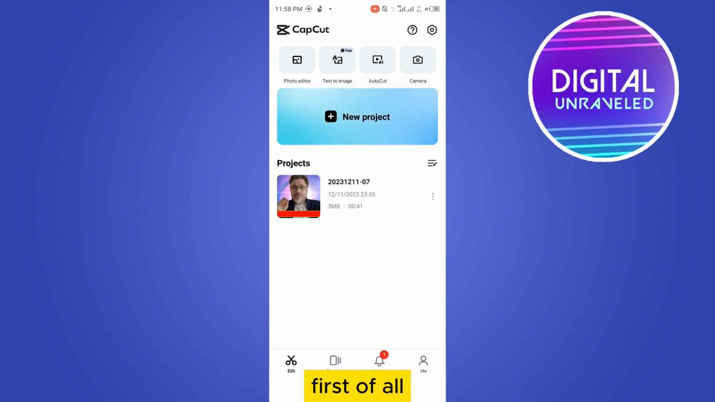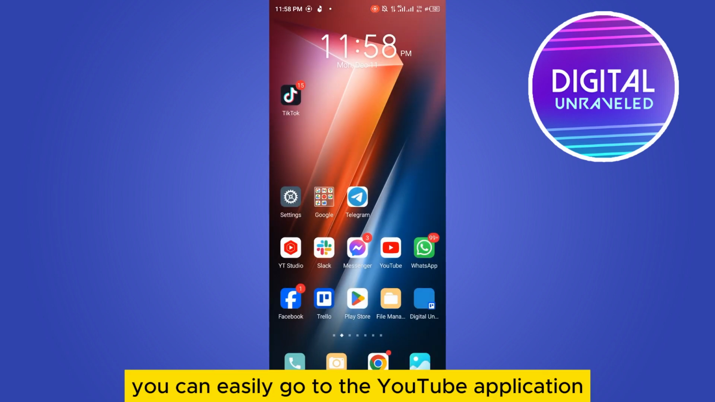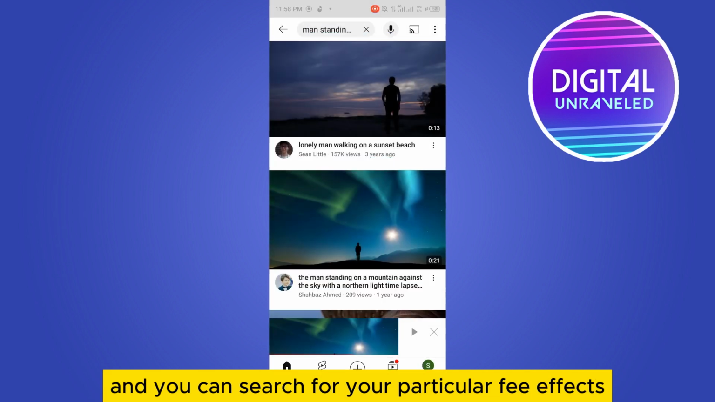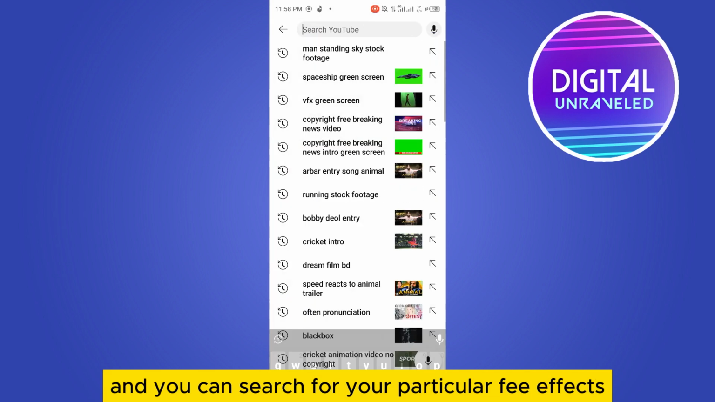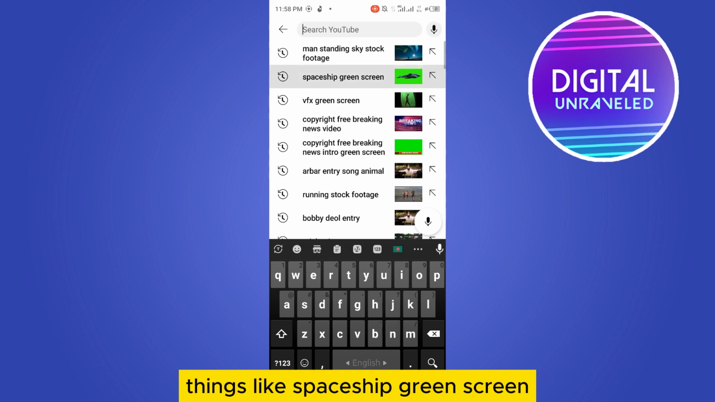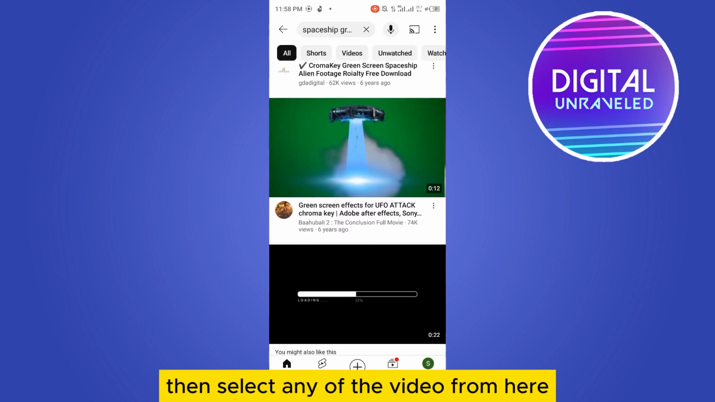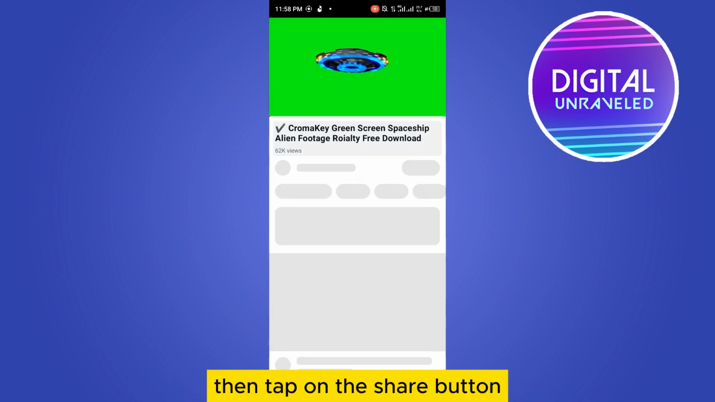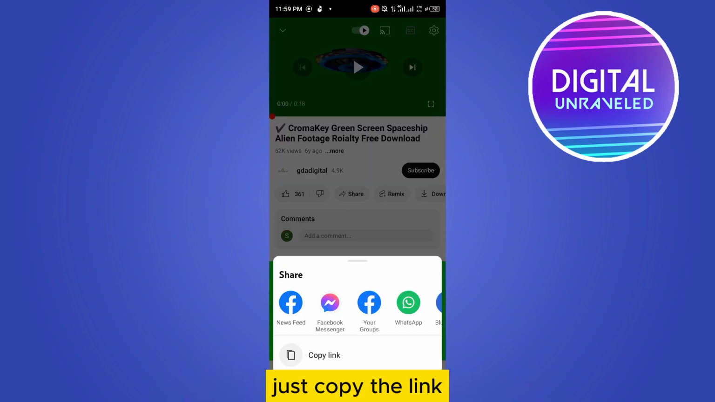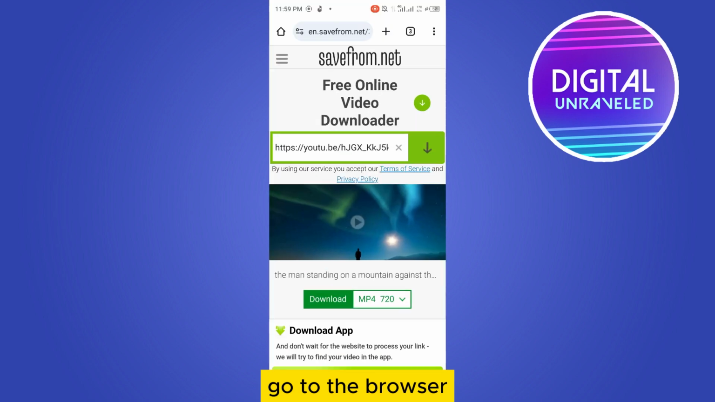First of all, you can easily go to the YouTube application and search for your particular VFX things, like spaceship, green screen. I have just searched for it, then select any of the videos from here. Let's say this one, then tap on the share button, copy the link, go to the browser and search for